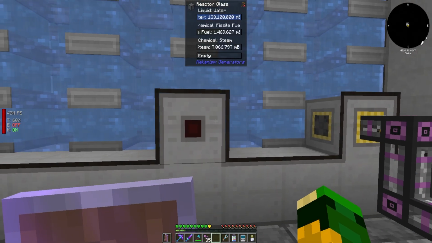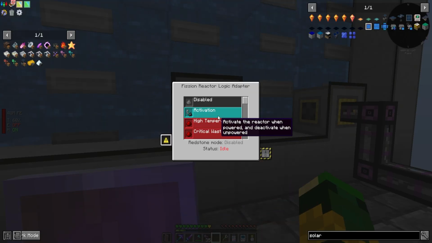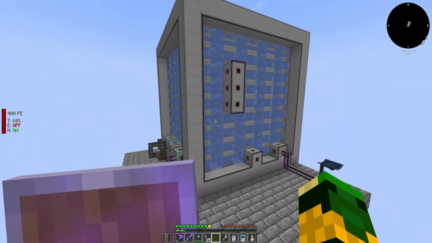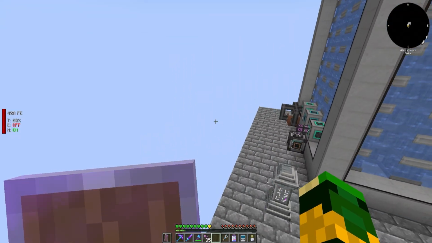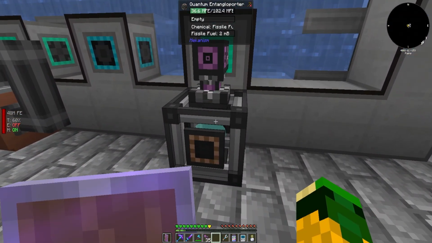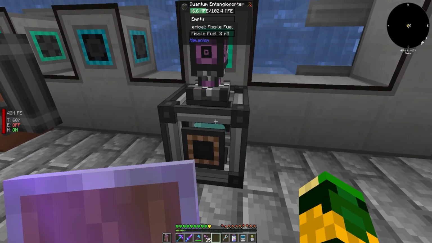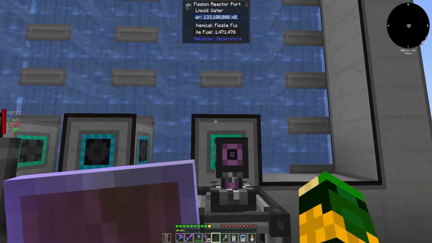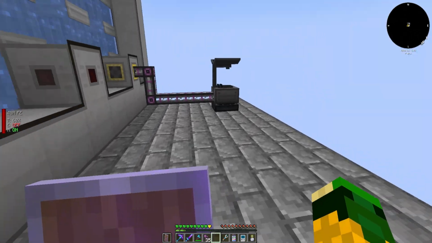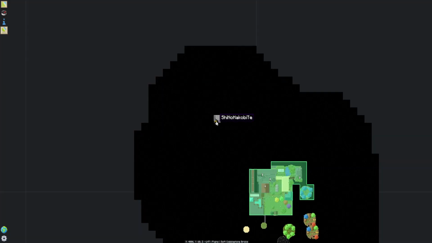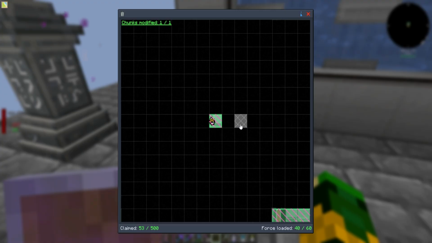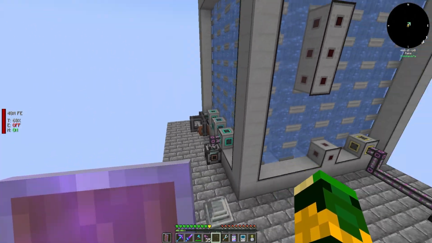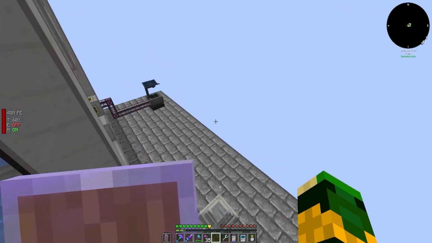How are we doing? We're generating a lot of steam. Let me scram this thing again. All right, cool. So we do have our reactor set up now. We've got to put some automations in here so it doesn't blow up on us. But we've got fissile fuel production going on in our compact machine. That is dumping fissile fuel into the reactor. And that is all chunk loaded over there. Let's go ahead and get this area here chunk loaded. There we go. That is now chunk loaded. This is now chunk loaded over here too. So while we're away from this area, it'll continue to run.